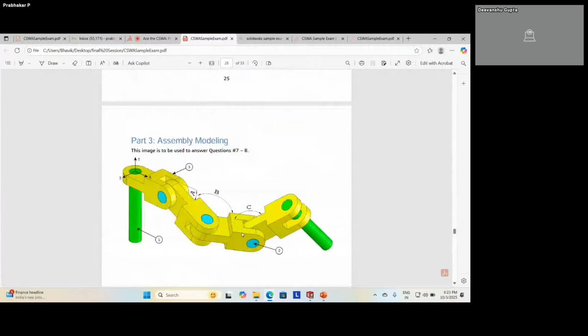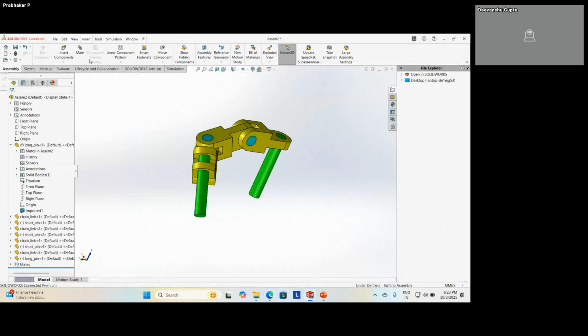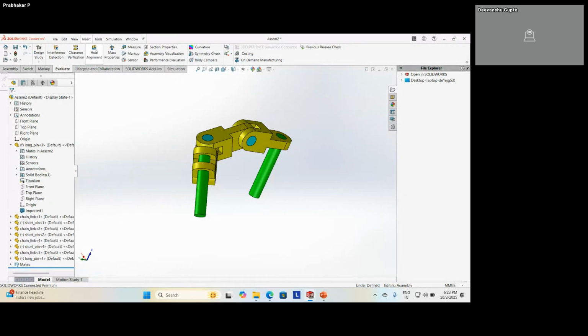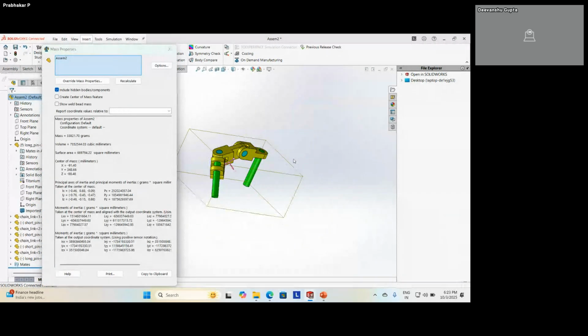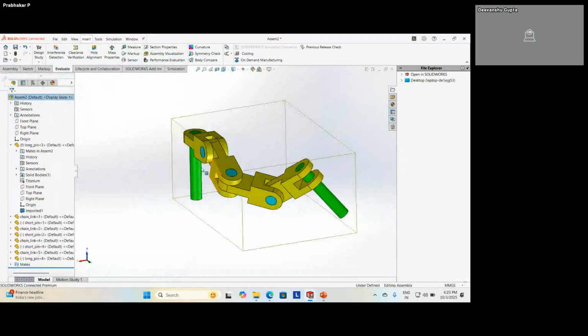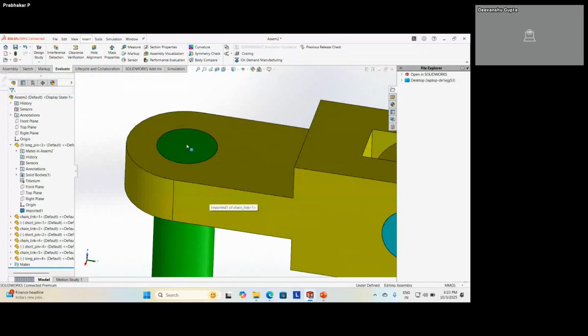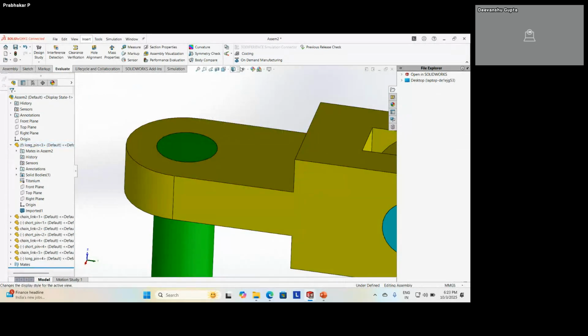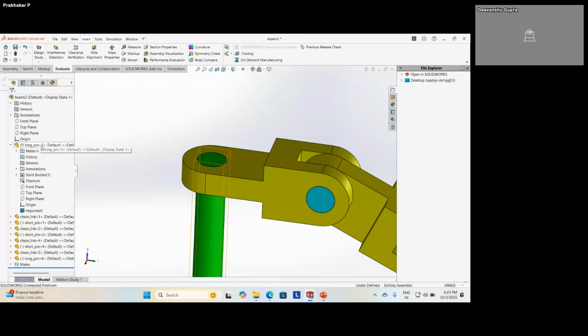So one key thing you have to identify is the reference XYZ position with respect to this. Now, if you directly go to evaluate, it will take reference as this one. So what you have to do is, they have given a small dot over here, or the origin.